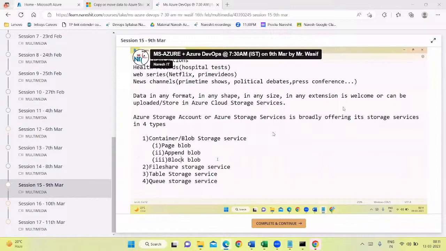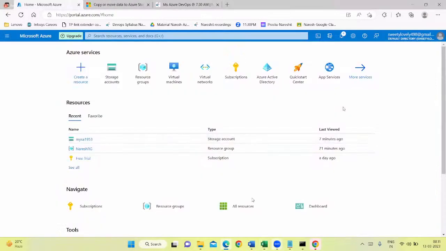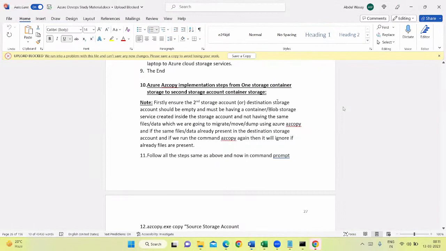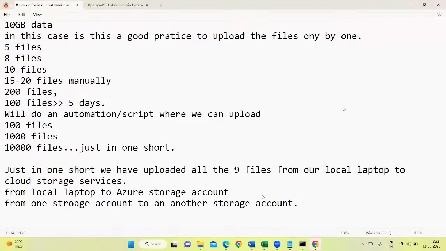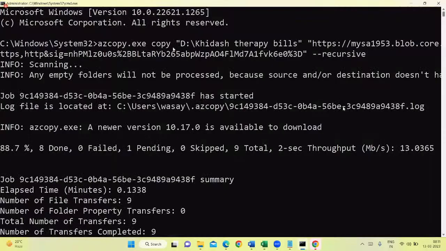It will go on. So now the next thing what I'm trying to say is moving the data from one storage account container to a second storage account container. This I'm going to give you as an assignment. Same thing you have to do. No change here. You have to use the same script as what we have used here. This script only you have to use, and then what you have to do here,